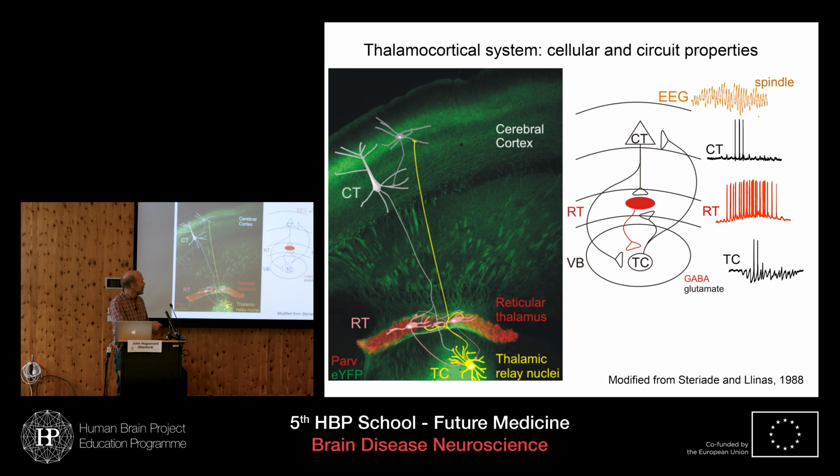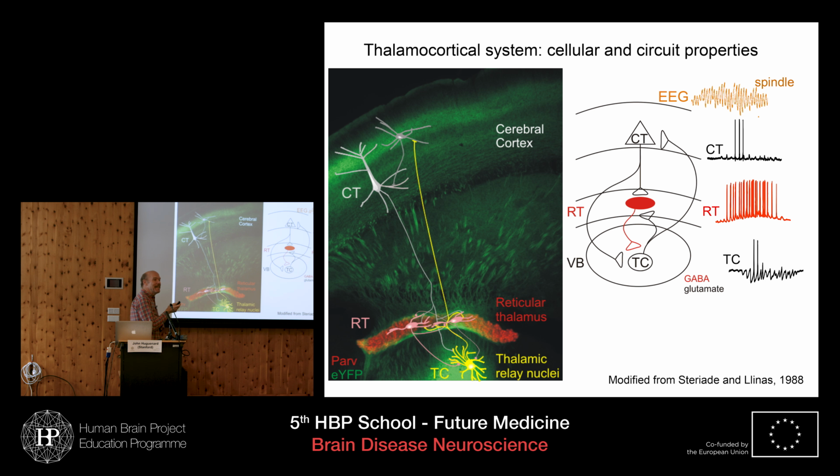So these are heroic experiments that were done in cat, recording from the thalamocortical cells, the TC cells, the reticular cells, the RT cells, or the cortical cells. And you can see they're all simultaneously active during the generation of that sleep spindle. Most noticeably, you see that the reticular nucleus tends to be firing repetitively almost throughout the entire duration of the spindle. You can see that it's burst after burst. Lots of activity in the reticular nucleus, simultaneous with the recorded EEG.